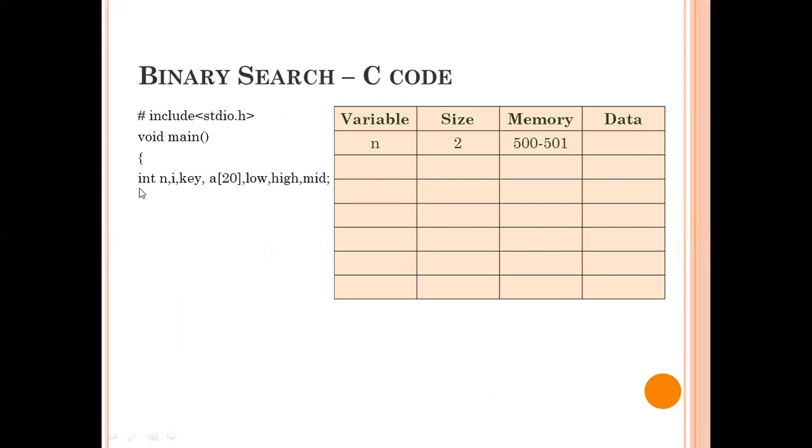First, whenever an initialization statement executes in a C code, automatically for each and every variable, space is allocated in a memory location. Here it is all integer type, and the space allocated for integer type varies from compiler to compiler, and based on the platform also it will vary. Here I have taken the size as 2 bytes. So for int n, i, and k, 2 bytes of memory will be allocated somewhere in random memory.